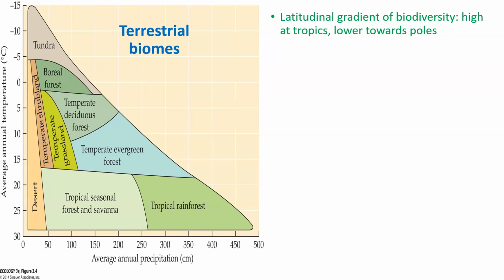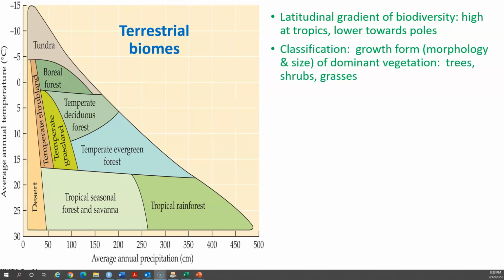We talked about the latitudinal gradient of biodiversity very briefly during our first lecture, right? We mentioned that the biodiversity is high, there are rich species assemblages at the tropics, and we also know that as you move towards the poles, the diversity declines. We very briefly touched on how latitude impacts climate during the last lecture topic. So biome classification is largely based on what? Overwhelmingly, it is based on the growth form of the dominant vegetation.